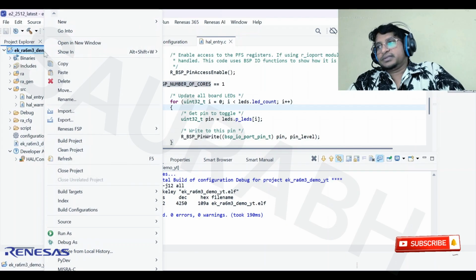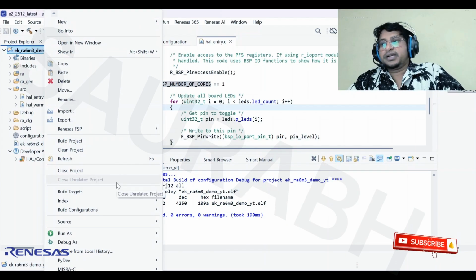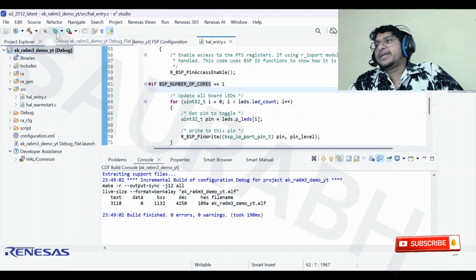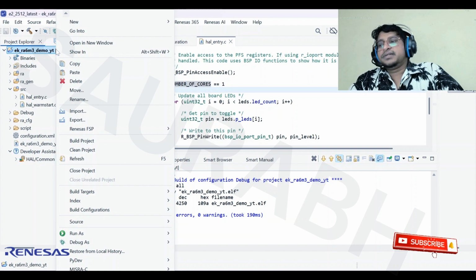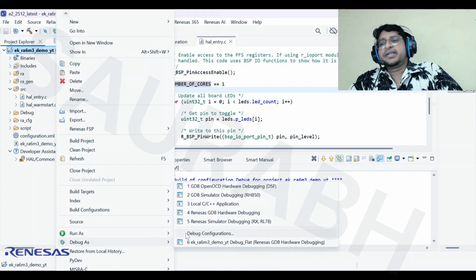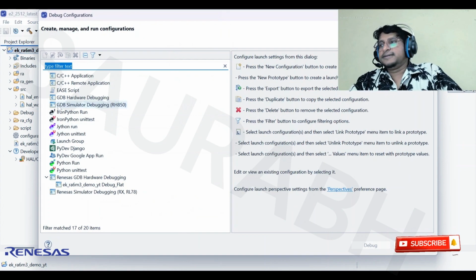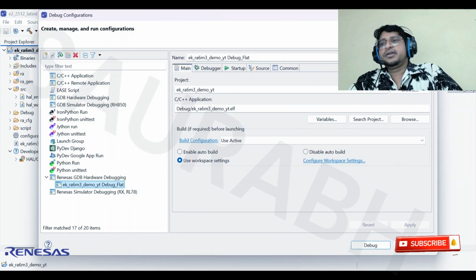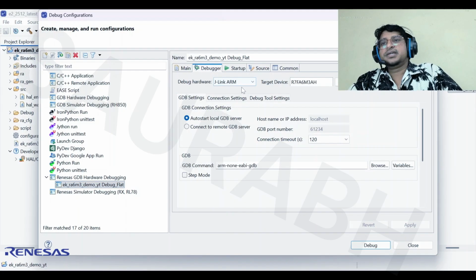And for debug, what setting is needed? You can find it here. You can see the symbols for direct debug. But first we have to do the setting at least once for the debug. I will make a separate video on how to do the debug and configuration settings. Okay, so in the main code it comes like project name, debugger section, J-Link already selected.